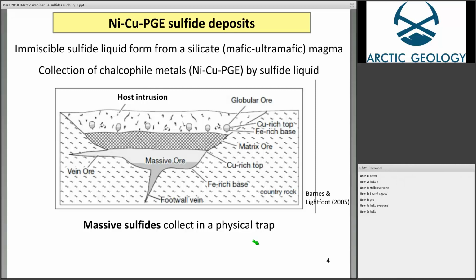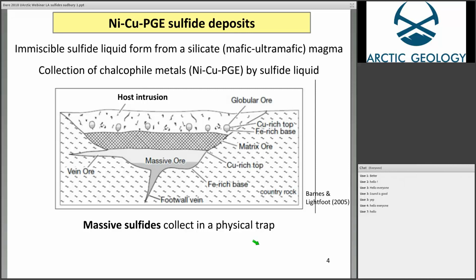So essentially, where do you find Ni-Cu-PGE sulfide deposits? You need a mafic, ultramafic magma that was rich in nickel. You form an immiscible sulfide liquid, essentially by saturating the magma in sulfur. For nickel sulfide deposits, you need an external source of sulfur, such as host rock containing sedimentary sulfur. That will trigger the formation of sulfide liquid through immiscibility, and as soon as you form a sulfide liquid, it